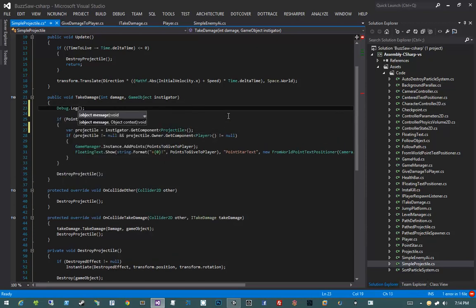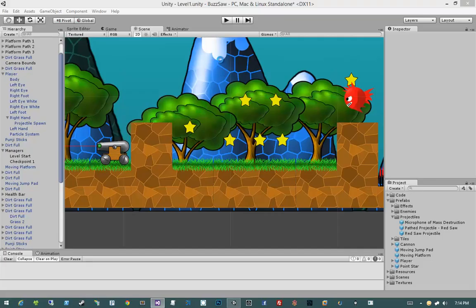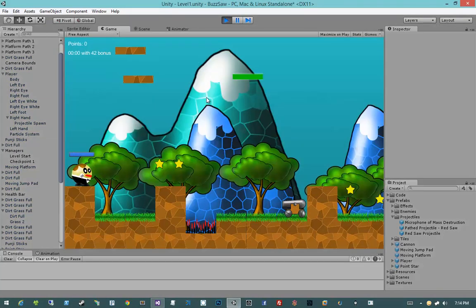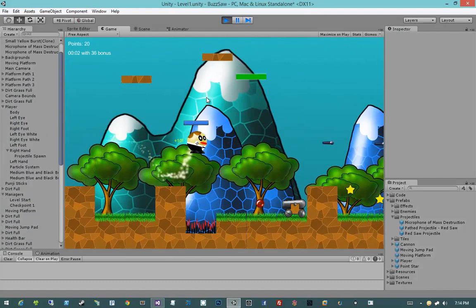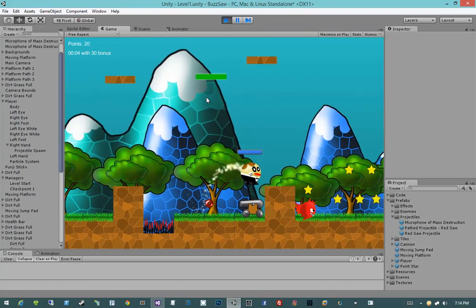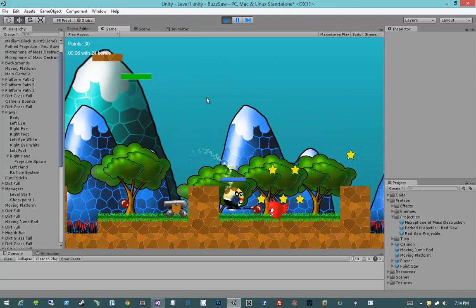Debug log out points to give plus instigator.name. Then let's come back into Unity. I think we have a race condition going on with our collision detection. I think since those two objects are colliding at the exact same time,